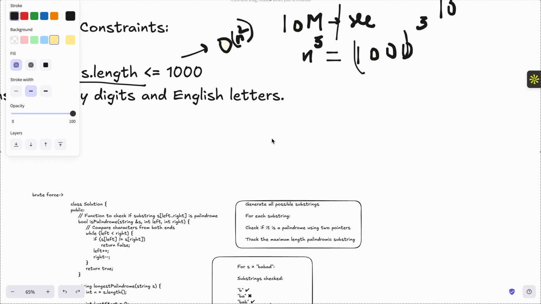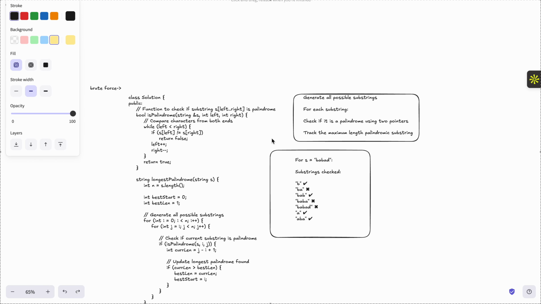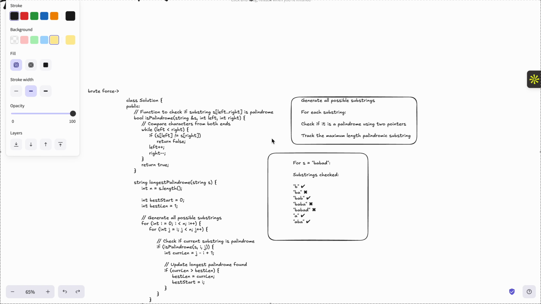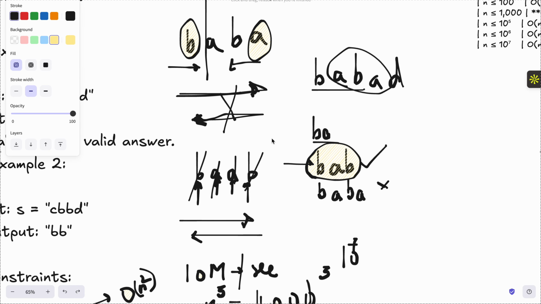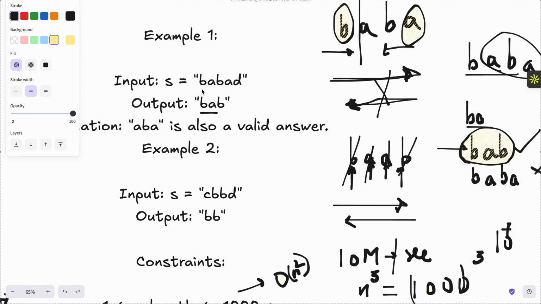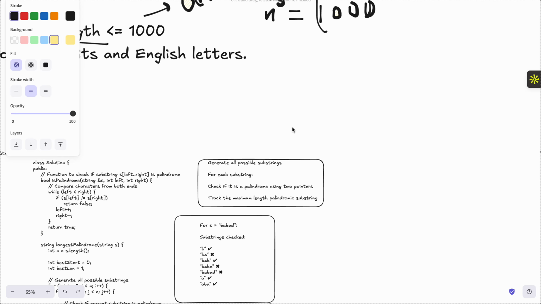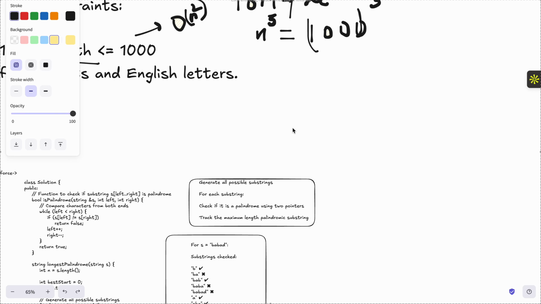The brute force approach that will genuinely come into your mind, because it's very intuitive, is that you generate all the substrings. For example, here BABAD is given. You can generate any length substring. You can generate one length like B, two length like BA, three length like BAB, four length like BABA. So generate all length substrings, and then for each substring, like BAB, which is a three length substring,